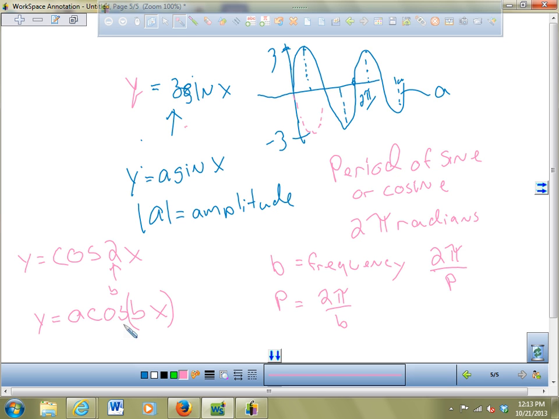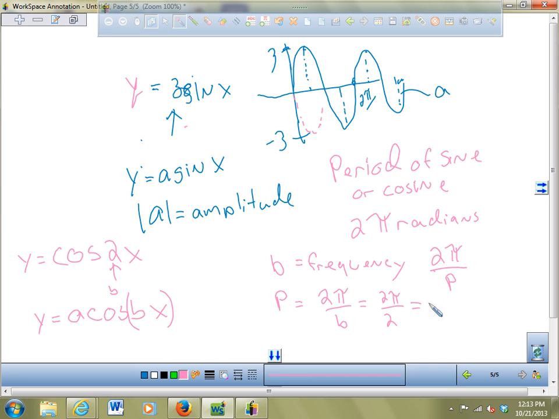So if that is a number bigger than 1, it shrinks it by that factor. So in the case of cosine 2x, it's going to go twice as fast as cosine of x. And its period, if I take 2 pi and divide it by 2, which is the frequency,